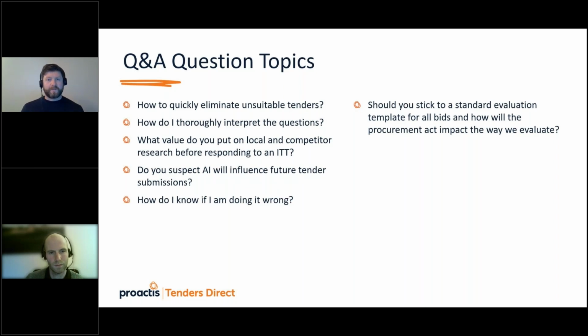So again, we've spoken about exception reporting. The way that I think Andrew does it, certainly the way I used to do it when I was in-house, was as soon as I find the first red flag, check with an adult, and if the director says no, bin it. Quite commonly, out of hours on-call resources, some companies just don't want to deal with it, don't have the capacity to deal with it. So if you see in a tender opportunity there's a 24/7 out of hours on-call requirement, bin it, move on to the next one.